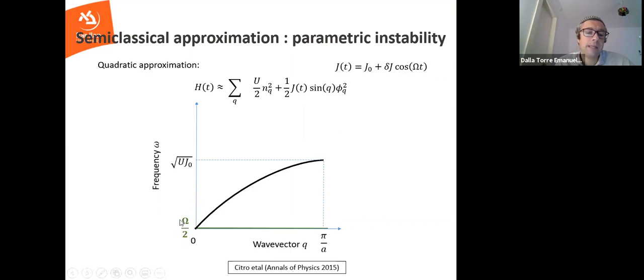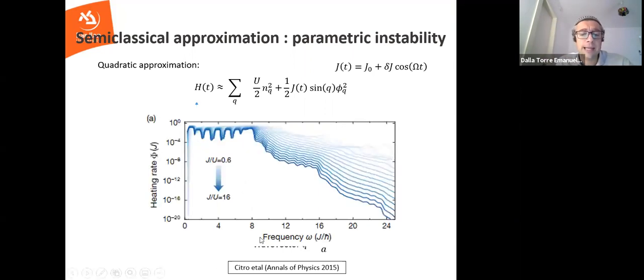And so what you get from here is the driving frequency. Now you need to ask yourself, what is the driving frequency with respect to the bandwidth? If the driving frequency is smaller than the bandwidth, then you can excite it. Technically it's called the parametric instability. It means that your drive can excite such a boson, and then there is energy absorption. While if your driving frequency is above that bandwidth, then there is no energy absorption. And this is what you get.